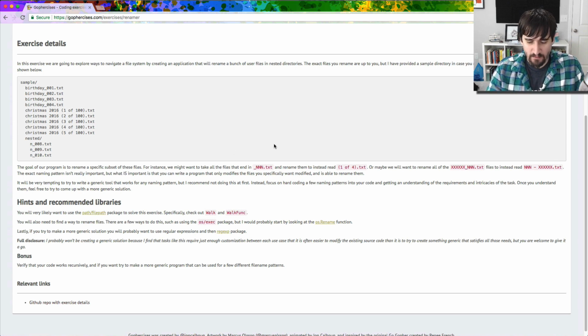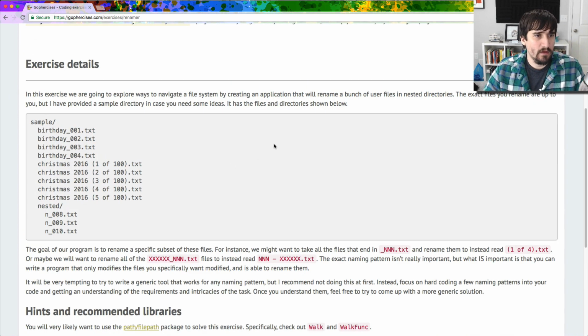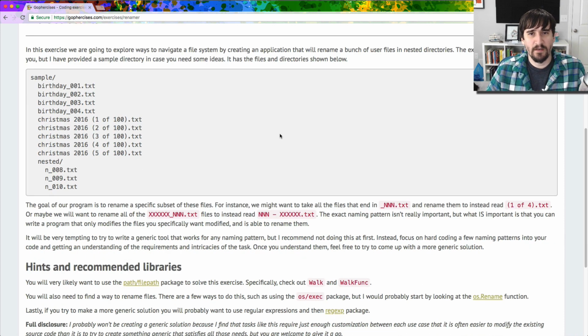So I've got this here, so let me zoom in. I've got the exercise details here where I talk about, you're going to start off with a folder directory, something like this. Now, you can use whatever folder you want, but this is one that I've included in the repository to make it a little bit easier to test your code. And with this folder directory, your goal is to navigate through all the files in this directory and to find ones that match a certain pattern. And if they do match that pattern, you want to then rename them. So for instance, let's say we have this